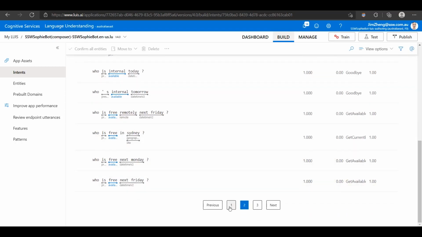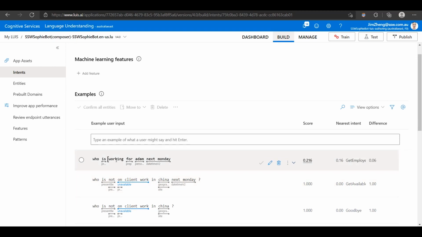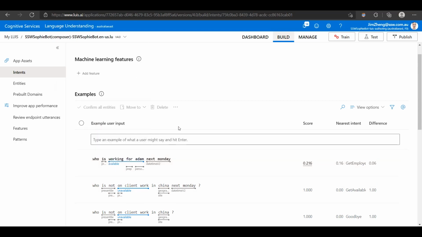So let's go back to the first page. After we add this new phrase, we can label the words working for Adam as the available entity. And also we can see that next Monday is automatically recognized as the datetime entity.